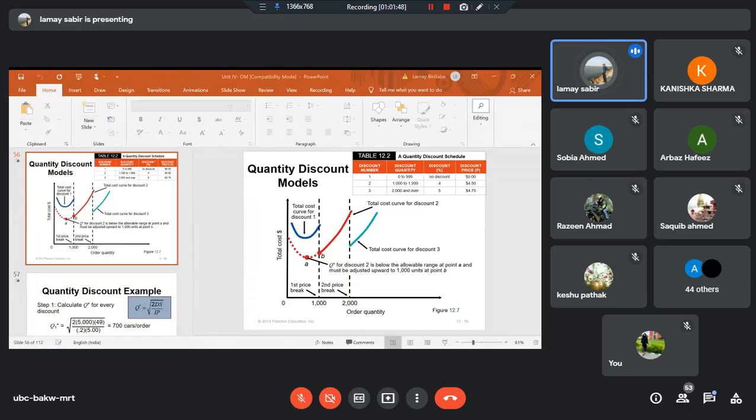So with this, I would like to conclude my session today. I hope you get it. We will share the PowerPoint slides with you and some numerical problems on basic EOQ and the discounting model. Tomorrow, we have an examination in the department. I'm not very sure whether we will engage your class or not, but don't worry. We will rearrange and we will let you know the schedule of the class beforehand.